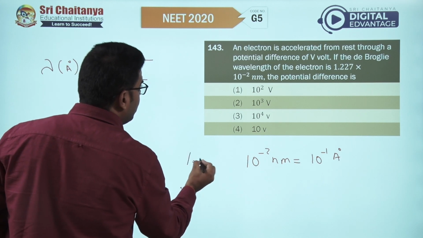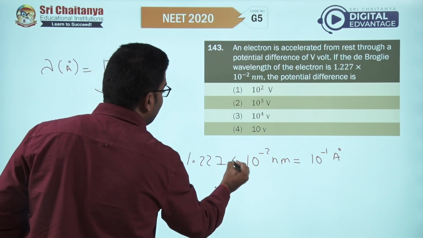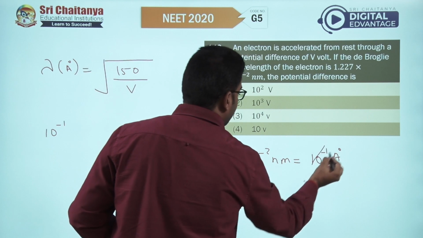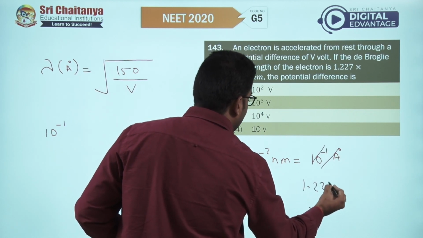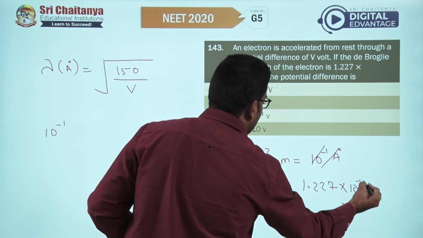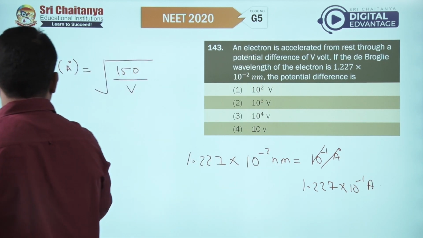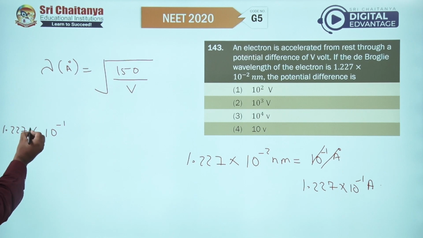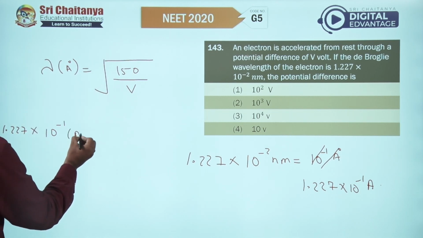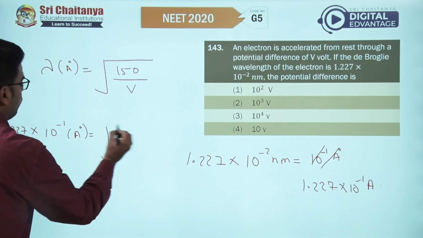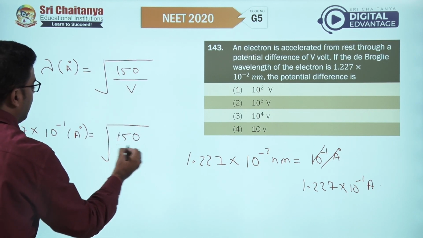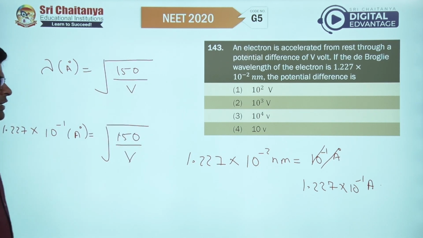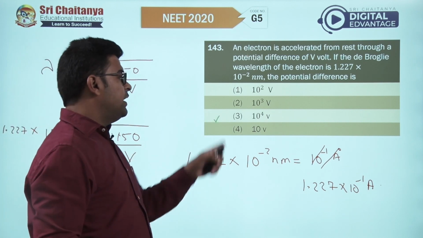I have here 1.227 into 10 raised to the power of minus 2 nanometer. So, this thing becomes 1.227 into 10 raised to the power of minus 1 angstrom. So, on substituting it here, you will get 1.227 into 10 raised to the power of minus 1 angstrom equals to under root of 150 by V. And on solving this data, you get that V comes out to be 10 raised to the power of 4